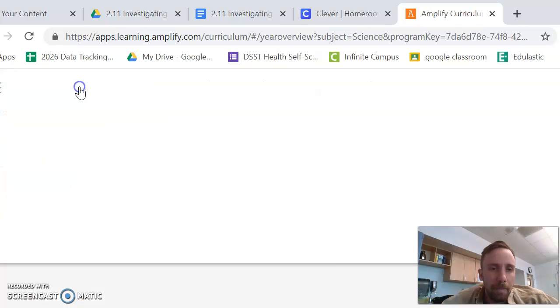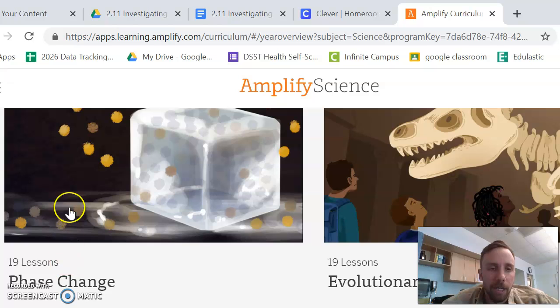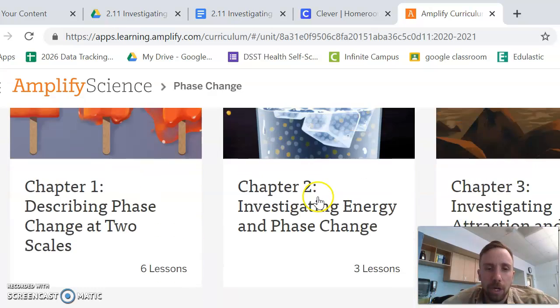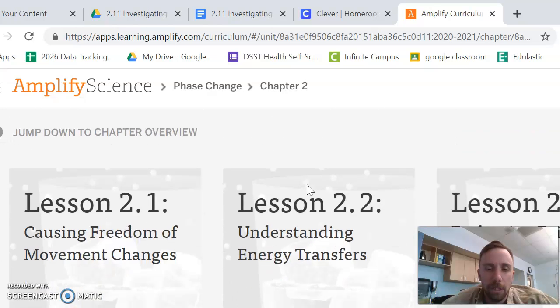And you might go back to where you last were in Amplify. You can click back to phase change though. And you go to chapter 2 this time, investigating energy and phase change.